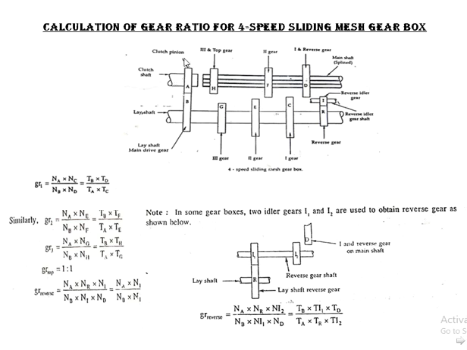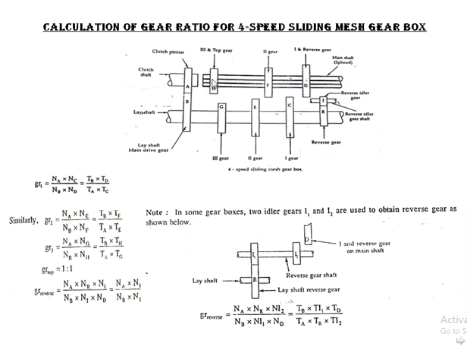On the clutch shaft the clutch pinion is provided, and on the lay shaft the main gear drive is provided. These are always connected to each other. There is no variation or sliding. On the lay shaft almost all the gears are fixed, not sliding. On the main shaft there are three gears, first gear, second gear and third gear, and this shaft also provides the top gear.